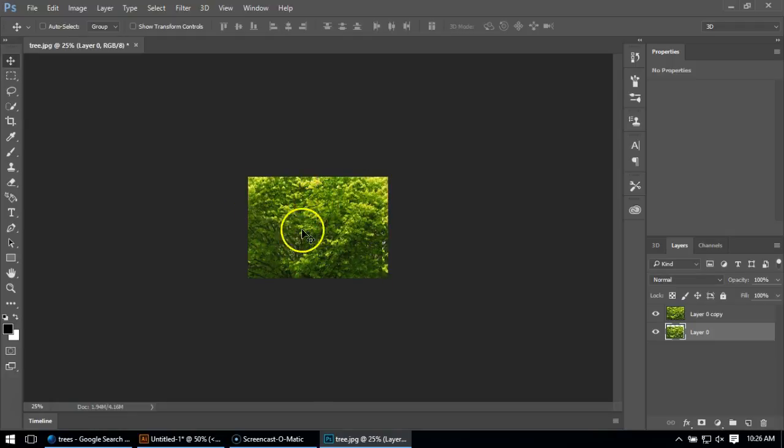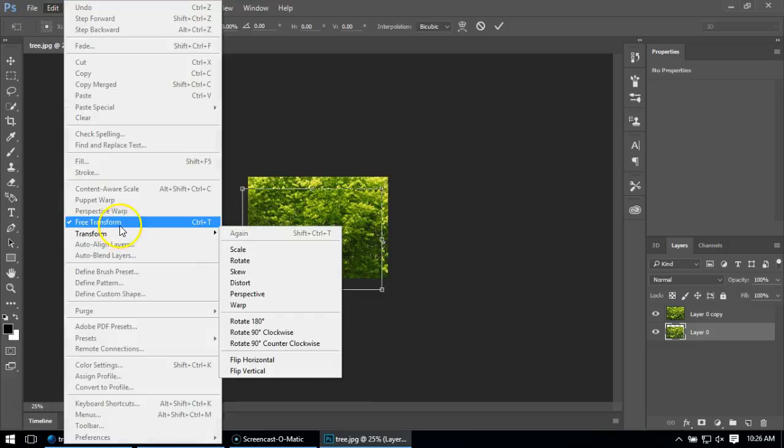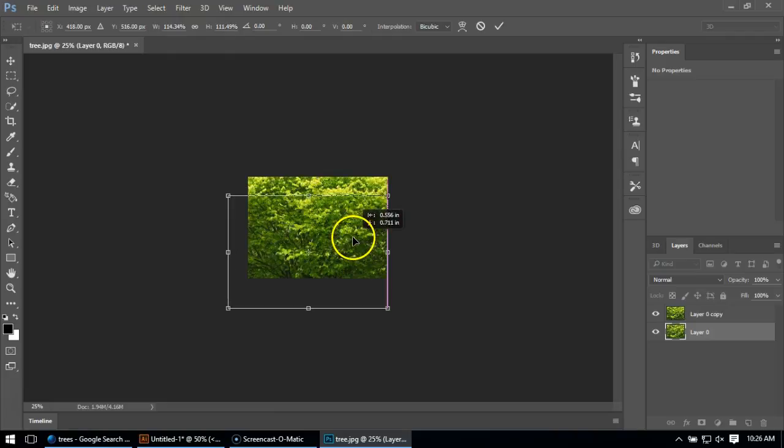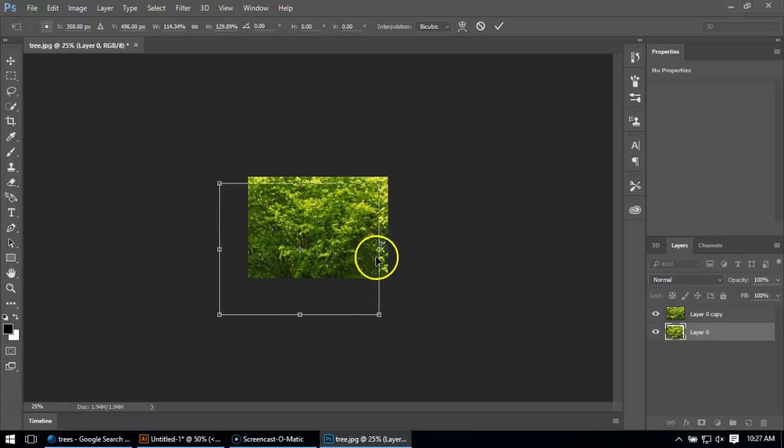The issue is now it's looking a little bit like I just moved the same thing and we can see it. So what I'm going to do is go to Edit, Free Transform, which I did with Control T, which is why it happened quicker. And I'm just going to make this image nice and bigger and move it down to the problematic areas and make sure it fills the screen a little bit, like that,